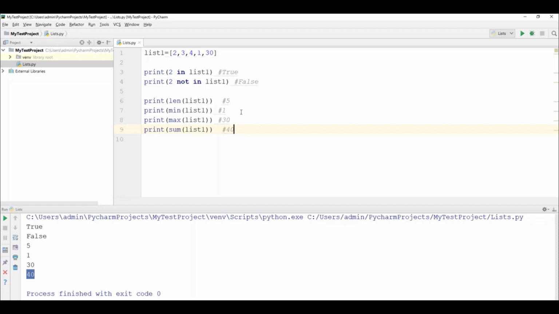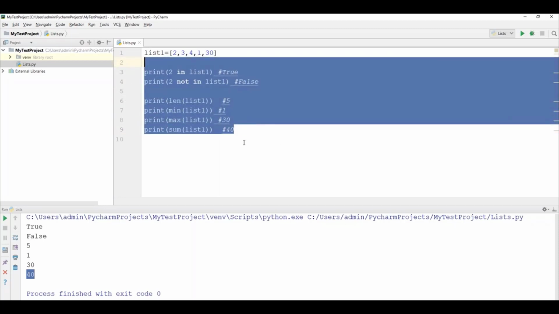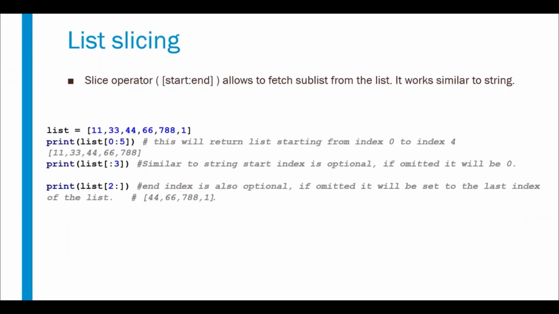Okay. Now these are all common actions we can perform on the list. Along with this, we also have list slicing. So what is list slicing? List slicing means we can extract a few values from one place to another. Suppose I want to extract the last three numbers, or the first two numbers. I can just use slicing. It is exactly the same as with a string. In strings also we have used the slicing operator, right? The same thing we can use here. Now let me show you how we can do slicing on a list.